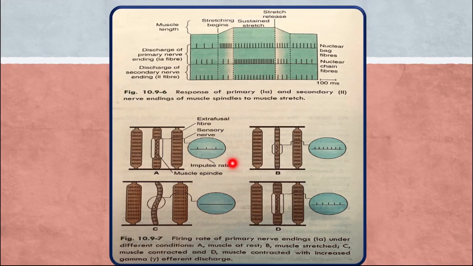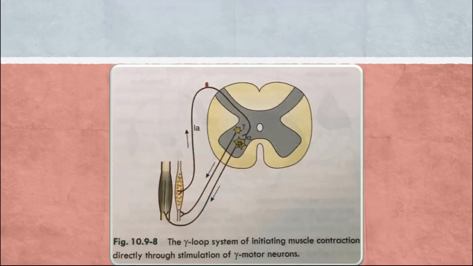This one is same thing जो हमने अभी किया था ना पहले डायग्राम में, कि आपने स्ट्रेच किया है या स्टैटिक या डायनामिक से किया है, वही डायग्राम है ये. अब ये गामा, just गामा का, कि आपने कुछ भी नहीं किया है, the gamma loop system of initiating, ये आपका एक्स्ट्राफ्यूज़ल फाइबर है, this one is intrafusal fiber. अब आपने यहाँ से स्टार्ट किया है कि गामा मोटर एक्टिविटी, आपने बाहर से कुछ भी स्ट्रेच नहीं किया, गामा मोटर की एक्टिविटी इंक्रीज कर दी.